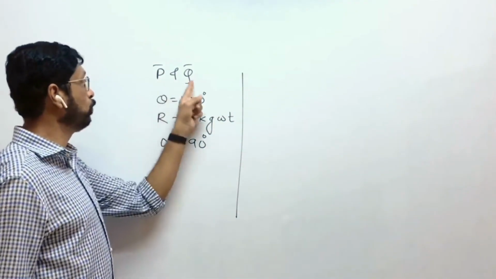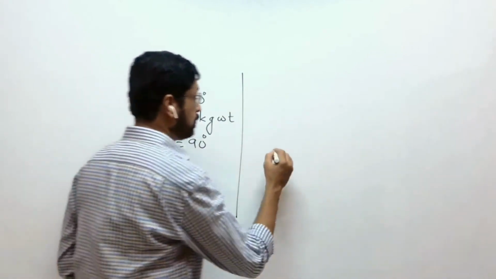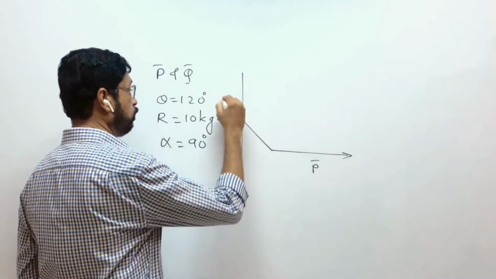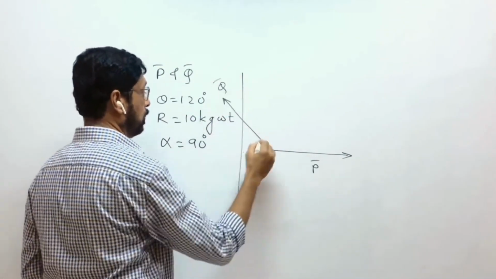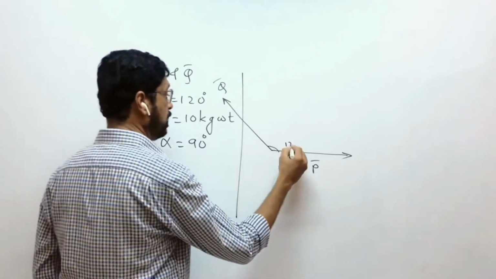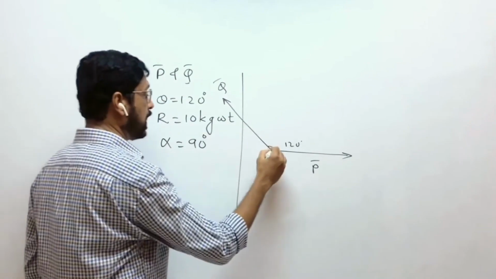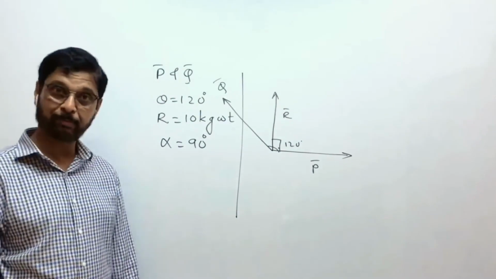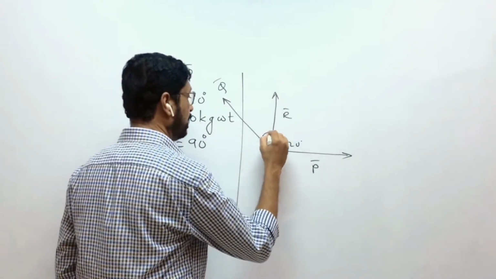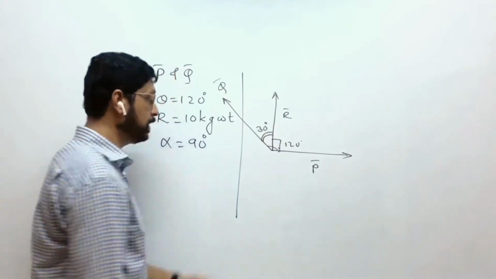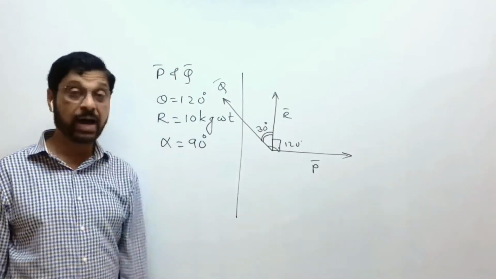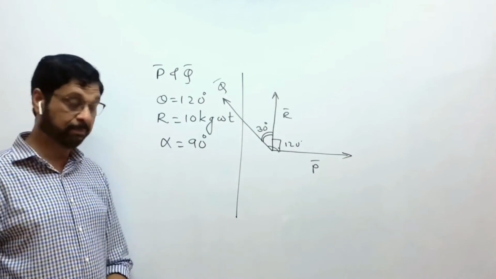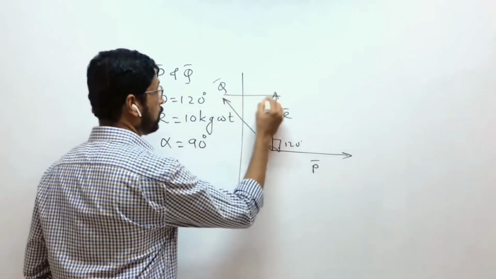So the two forces are P and Q. Suppose this is force P, and this is force Q. The angle between them is 120 degree, and the resultant R is perpendicular to one force, which means this angle is how much? 30 degree. The angle between Q and R is how much? 30 degree, and this angle is 120 degree. So now, if you complete this triangle